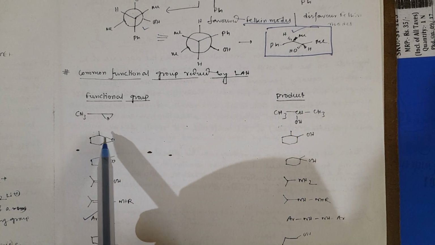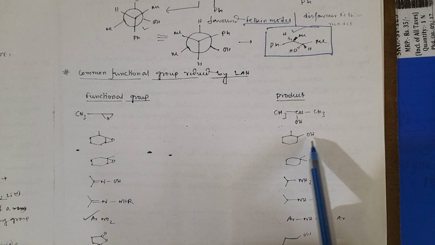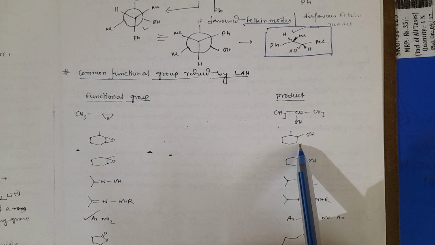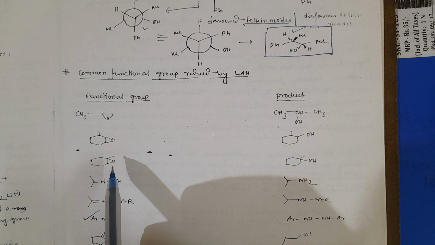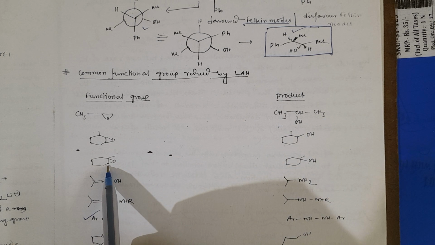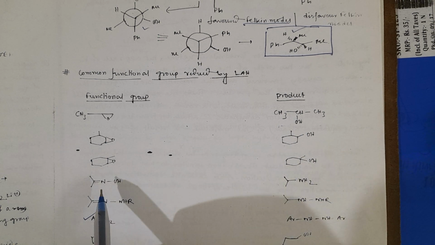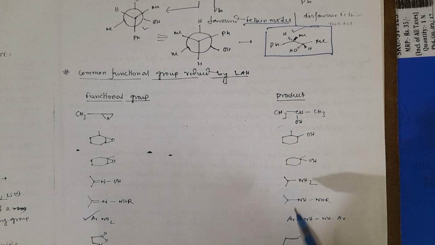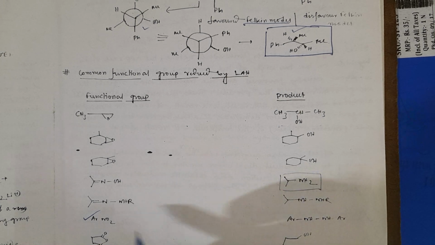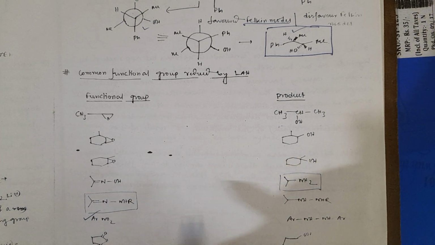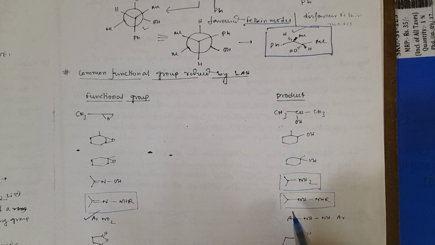Further, this particular epoxide gives this particular alcohol. On the other hand, this particular epoxide gives this particular alcohol. Similarly, you can see this particular substrate gives the corresponding amine, and this particular substrate gives the corresponding